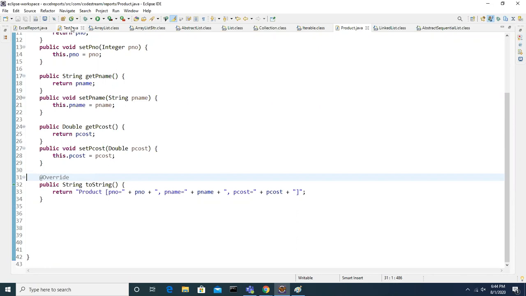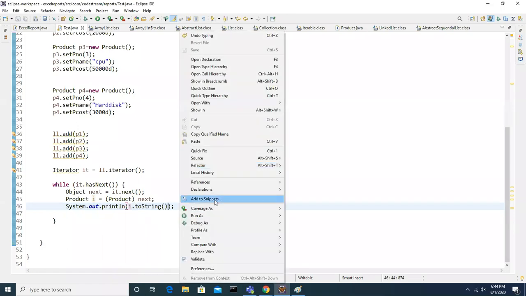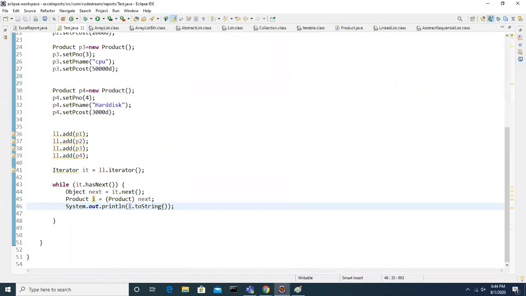Let me talk about one thing here. The moment you display any object, guys, internally the JVM will call the toString method on the object, whichever object you are trying to display. Even if you call it manually, by code level, it's the same output. If you don't call the method also, you get the same output.